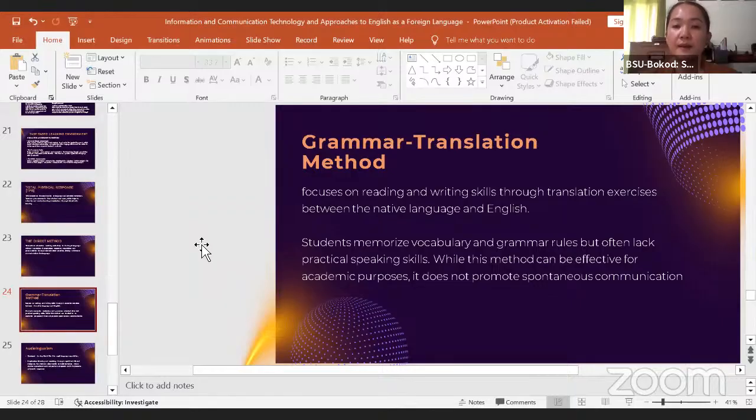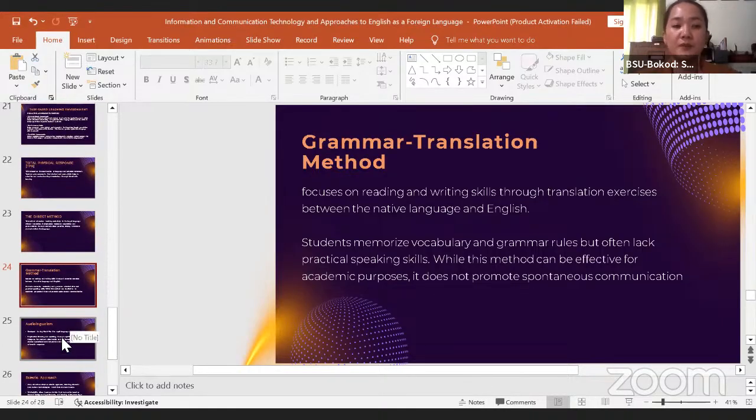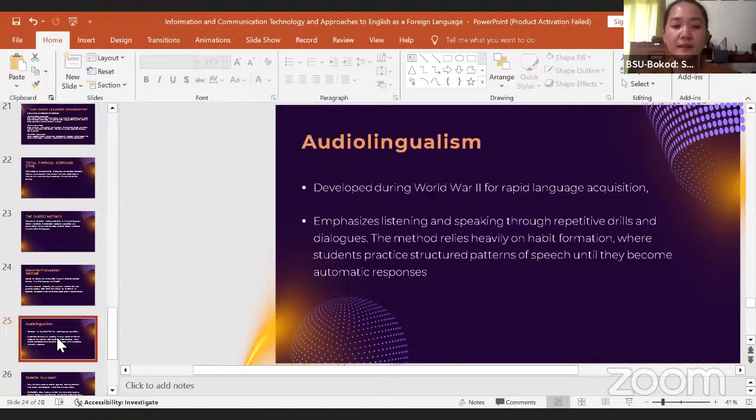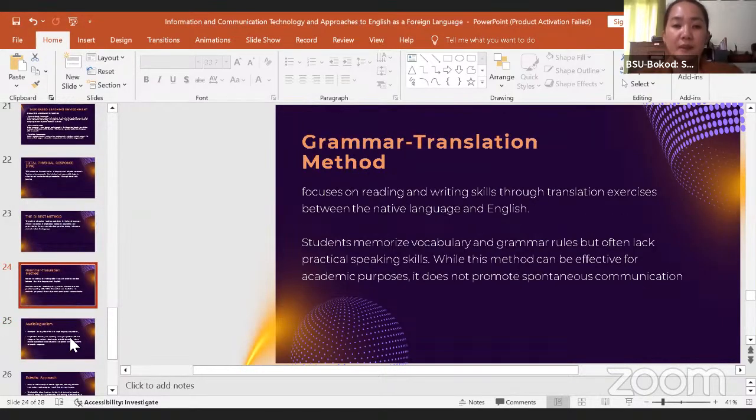So we really emphasize the translation of the native language into English. This is done in one of the subjects in basic education, grammar translation from our language to English. But it's not a whole year round. There is only a certain quarter wherein they can make use of this, because we can actually make use of variety in that eclectic approach. So that's grammar translation.